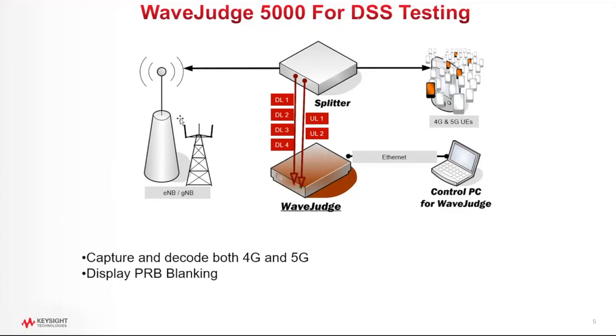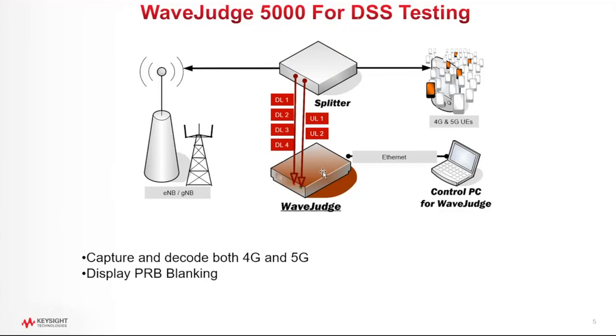So if you have a single base station on the left, I have two of them depicted here, but essentially for DSS, we would have a single base station, and it would support both 4G and 5G, and a part of the spectrum would be 4G, and a part of the spectrum would be 5G for DSS transmission, right? Dynamic spectrum sharing. So for dynamic spectrum sharing, the network will be partially 4G, partially 5G, and the exact same operation of the WaveJudge